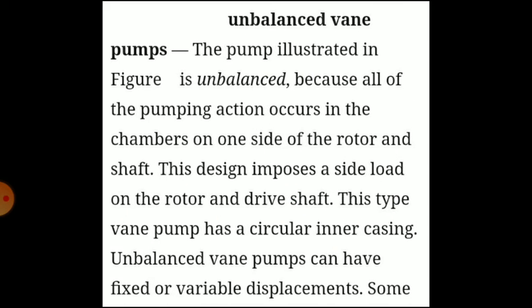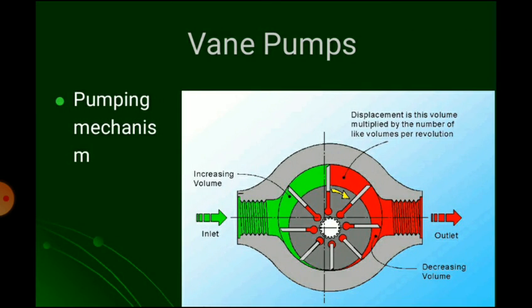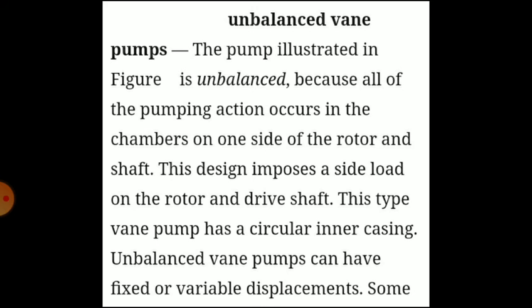Now the working of the vane pump. As the rotor rotates in clockwise direction, the area between the two vanes is sealed as the vane uncovers the suction port. This creates a partial vacuum in the suction chamber and results in suction of hydraulic fluid into the suction chamber. Further, the fluid confined between two vanes is carried away to the outlet chamber, forcing the liquid into the delivery port. So this is the working of unbalanced vane pumps.